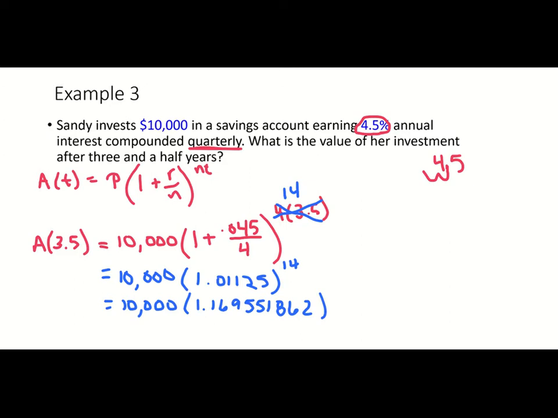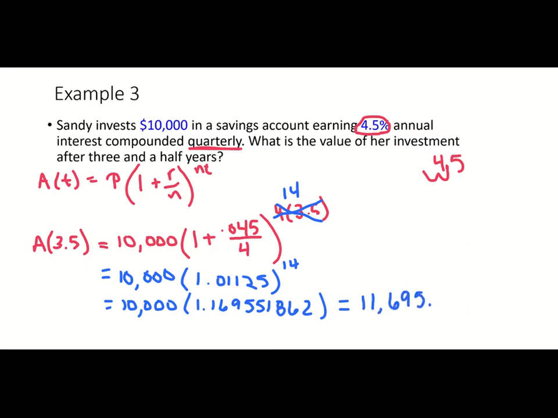So again, parentheses first, then exponents. So I did the 1.01125 to the 14th power. Now I'm going to multiply that times my 10,000. And that is going to give me, at the end of the 3.5 years, in my bank account, I am going to have